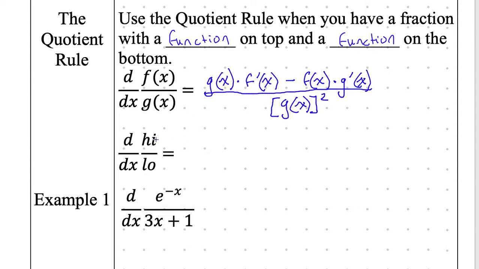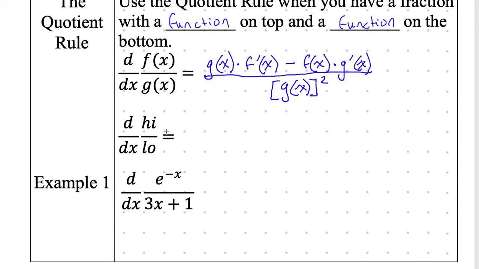So if I have high and low, I think of the high function as being on the top. It's higher than the other one, and then the low function is lower than the other one, on the bottom. I could say top and bottom here, I guess. That might make more sense, but this one sounds cooler. So what do we do first? We did g of x, that's the bottom, so low. Low, and then we took the derivative of f of x, the derivative of high, so d high. Low d high